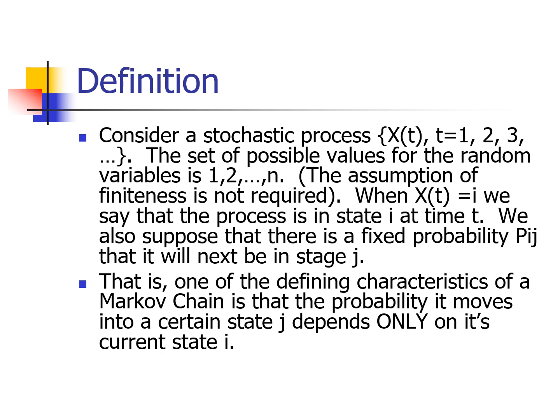Now, we're also going to assume that there is some fixed probability, P_ij, that it will next be in state j. So P_ij is the probability that we go from state i to state j. Again, i and j are numbers. So you might see something like P_24, which is basically saying the probability of going from state 2 to state 4.